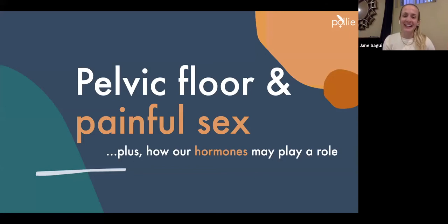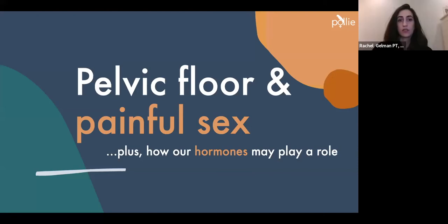But anyway, moving on. So getting into painful sex. From my minimal knowledge, painful sex is correlated with some pelvic floor dysfunction, but I would love for you to explain that relationship and then also get into how hormones may be playing a role. Yeah, so again, if those muscles are in a guarded, tense, spasmodic, unhappy state, as I like to say,